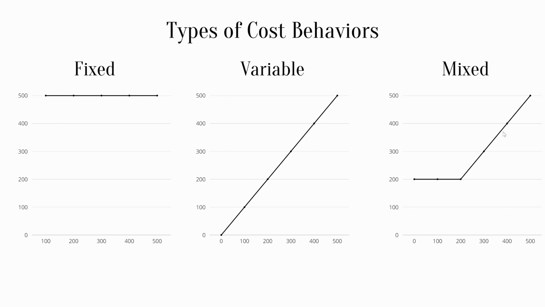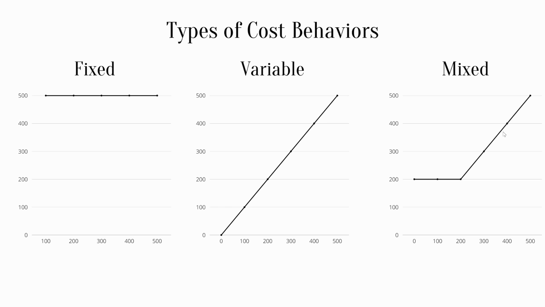Here are some charts of what these cost behaviors will look like. At the bottom, you can see the number of units produced, 0 to 100. On the side, this is the cost. So for a fixed cost, regardless of the number of units produced, 100, 200, 300, 400, 500, the total cost is still $500. In the second graph under variable, as the number of units produced increases, so does the total